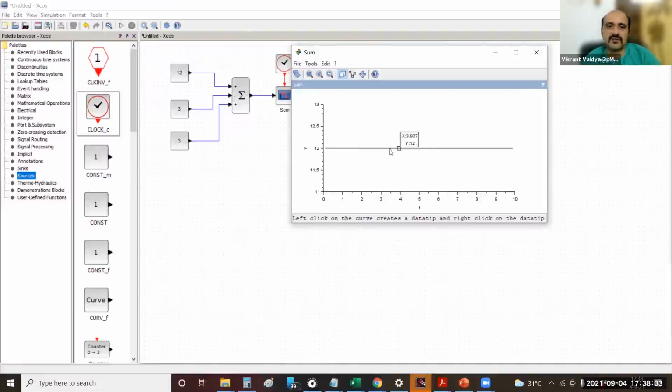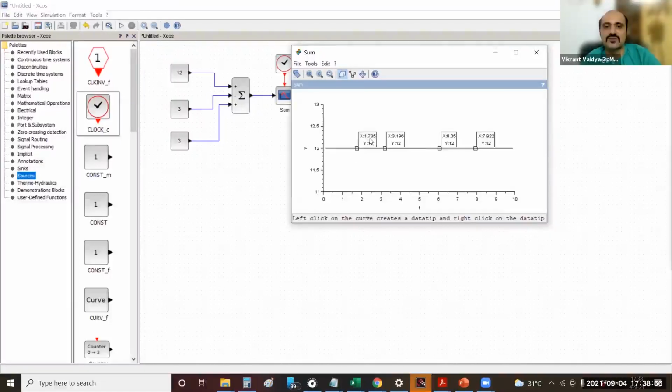If you have managed that, you can even drag this data tip up and down the curve. Or you can create one more data tip somewhere else by clicking separately. You can create as many as you want. If you have created too many, you can delete them also.